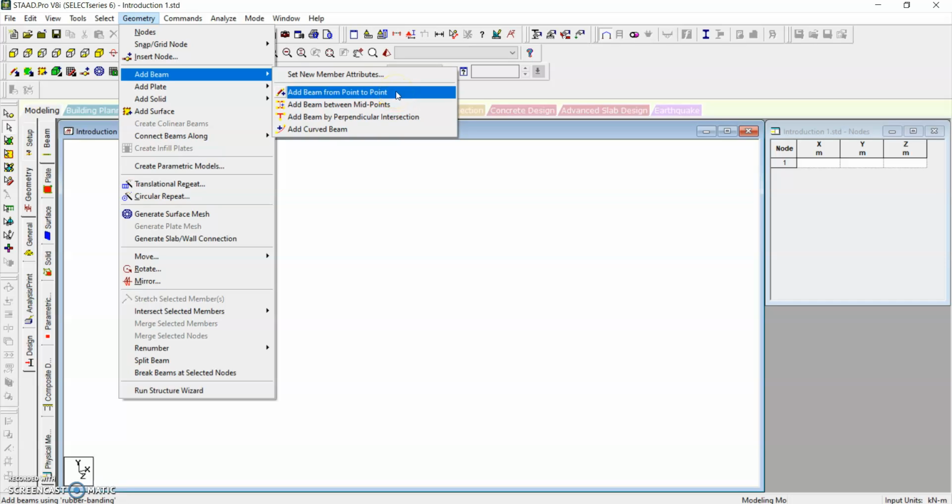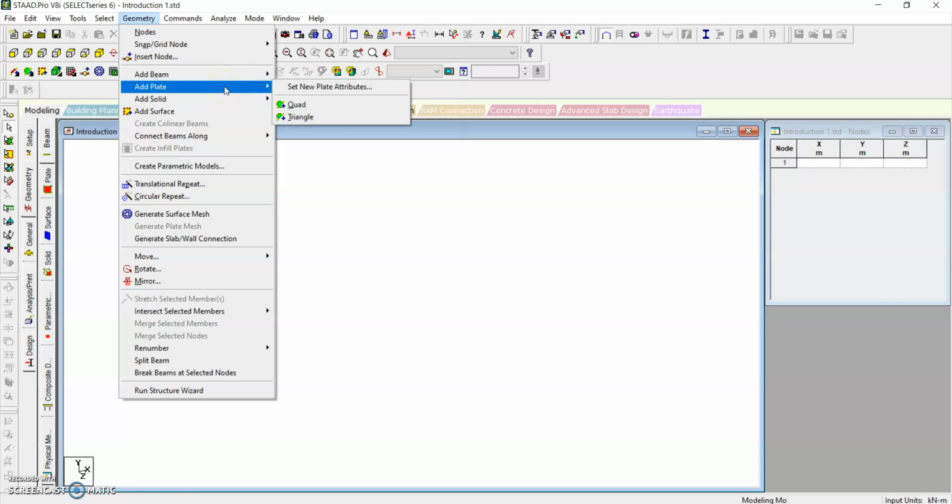Two nodes will be created and I can add a beam between two nodes. Add beam between midpoint. So there will be a beam already existing. If I want to create a beam in between that, then I will select the end nodes of that beam. Then I will create a beam at the mid of that existing beam. Like that, I can create a beam in different ways. Similarly, plate, solid, surfaces, etc.